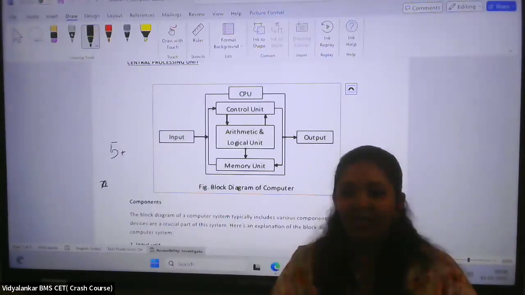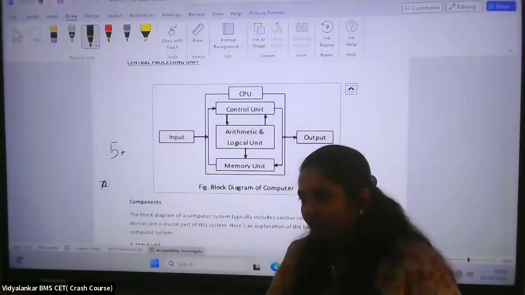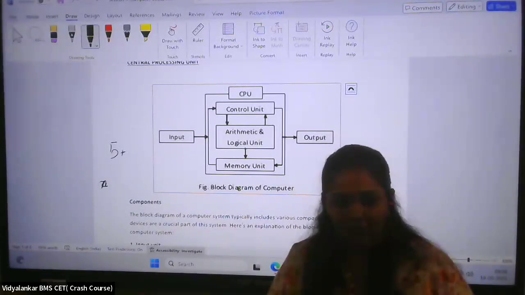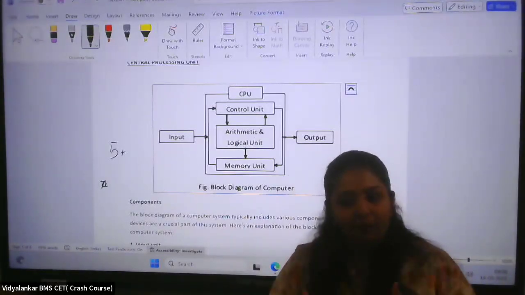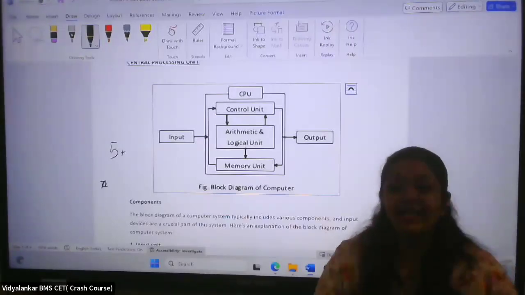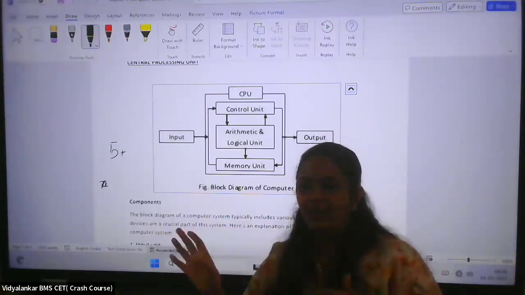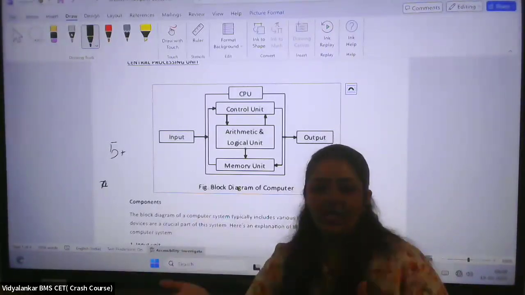नाउ आई वांट टू मेक सम चेंजेस अगेन. तो मैंने प्रोग्राम में चेंज कर दिया, बट मैं उसमें लोड नहीं कर सकती, तो मुझे वापस दूसरा रॉम खरीदना पड़ेगा, PROM खरीदना पड़ेगा. ठीक है? सो टू ओवरकम दिस, there was a second generation that came up, which is called electrically erasable programmable read-only memory. So this is the third generation probably.